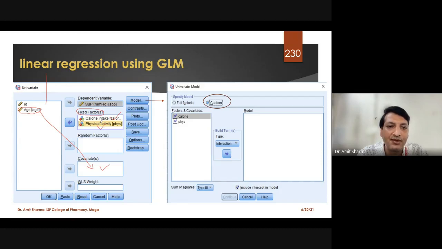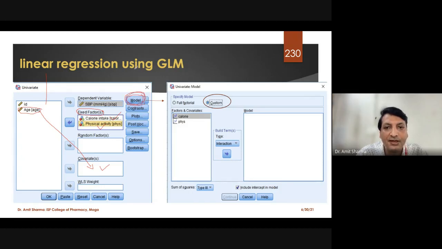I'll show you in the live example when we do the demonstration. Then what is the difference? We are going to get one more column in the result where the data of age is mentioned. Once you move the variables from the text box to the designated sites, you have to click on Model. This is where you are going to customize.